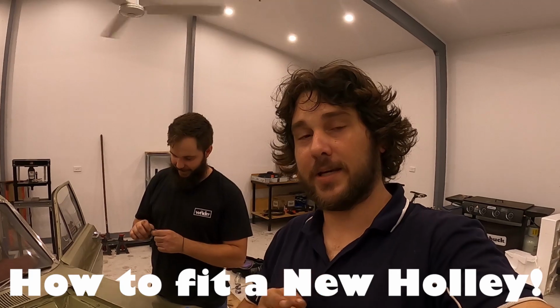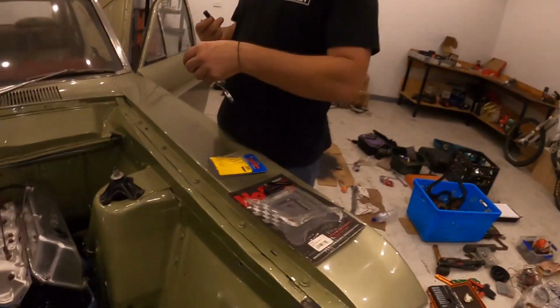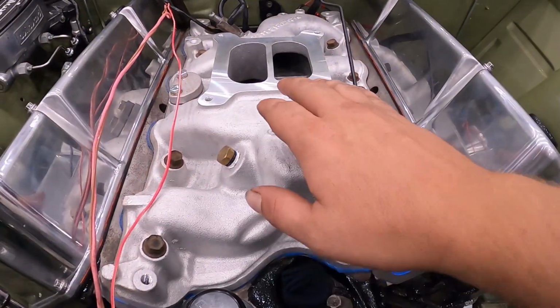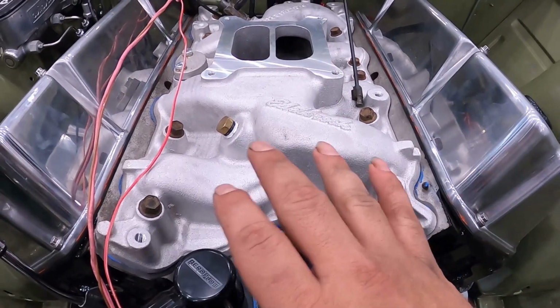We're showing you guys today how to fit a brand new 650 double pumper Holley carby. We're going to run you through the setup and show you what we like to use. Let's get started. First thing guys, it absolutely pays to use a low intake manifold where you can, dual plane for